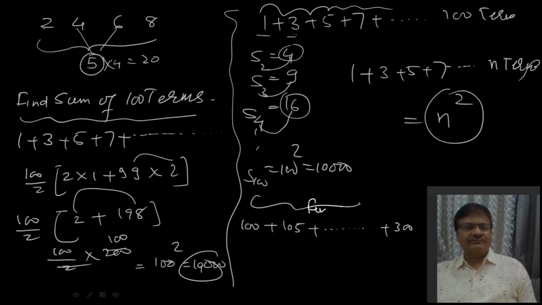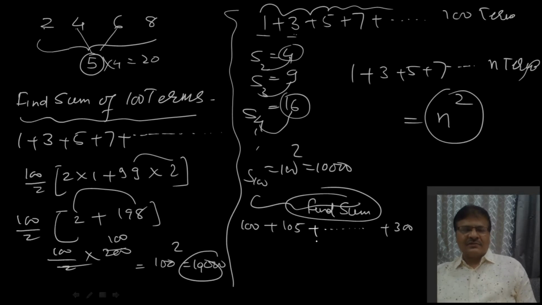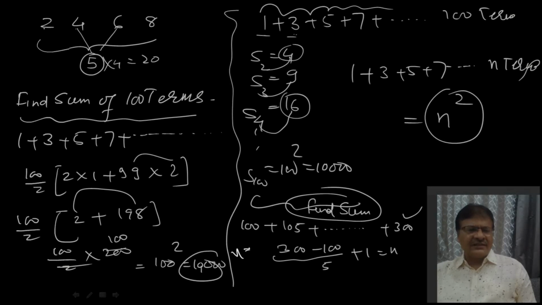Find the sum of this series that we require. Now as we don't know the number of terms, how many terms are there? So the number of terms we can determine this way, as I explained to you, last term minus first term upon common difference, plus 1, equal to the number of terms. This I explained earlier in this lecture only. So n equal to 41, that is my n.